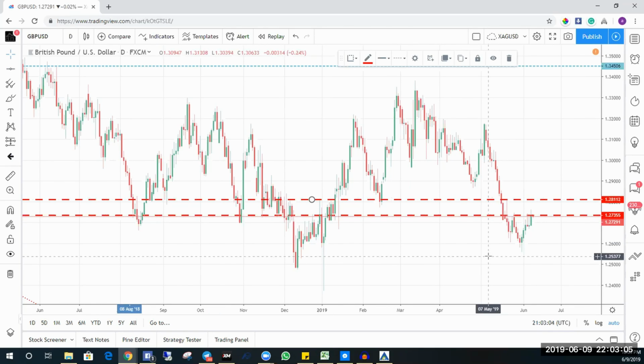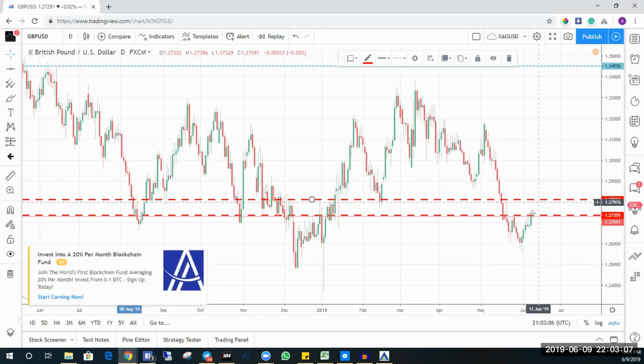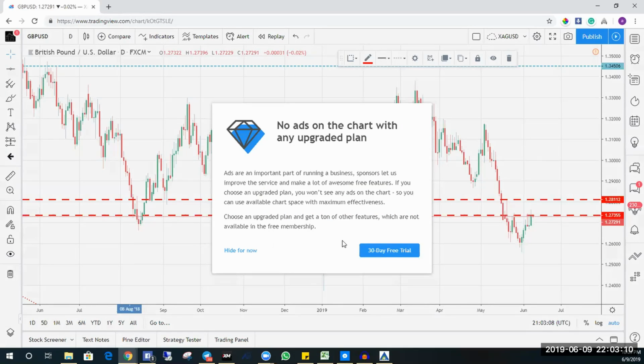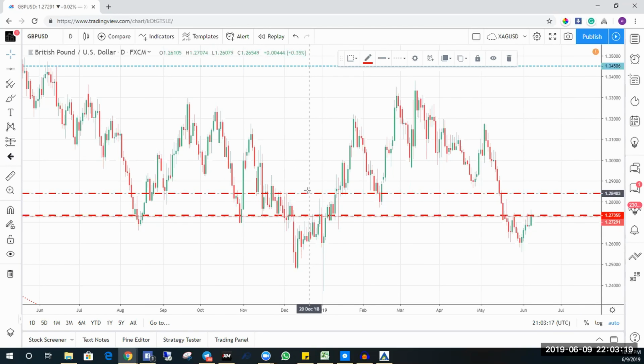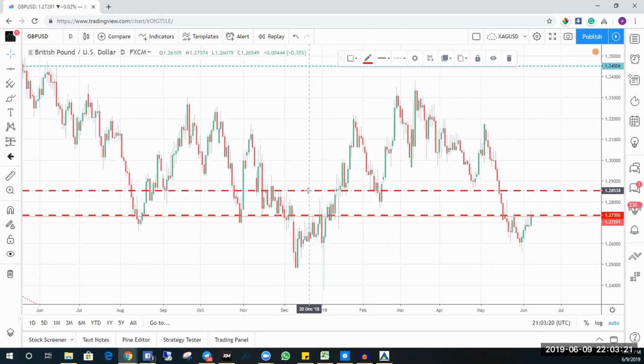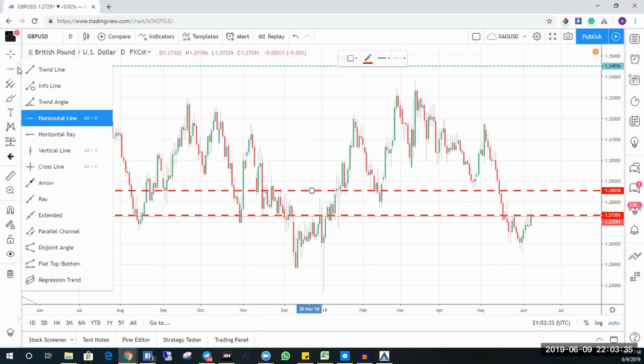So if two things could happen, it could push to 1.28 during the week. That's expected to happen, or we could definitely be looking at these levels here. If you get a push or pullback up to this level, you're definitely well set up for a good sell. If not, we have two possibilities here for the way I would look at this trade.